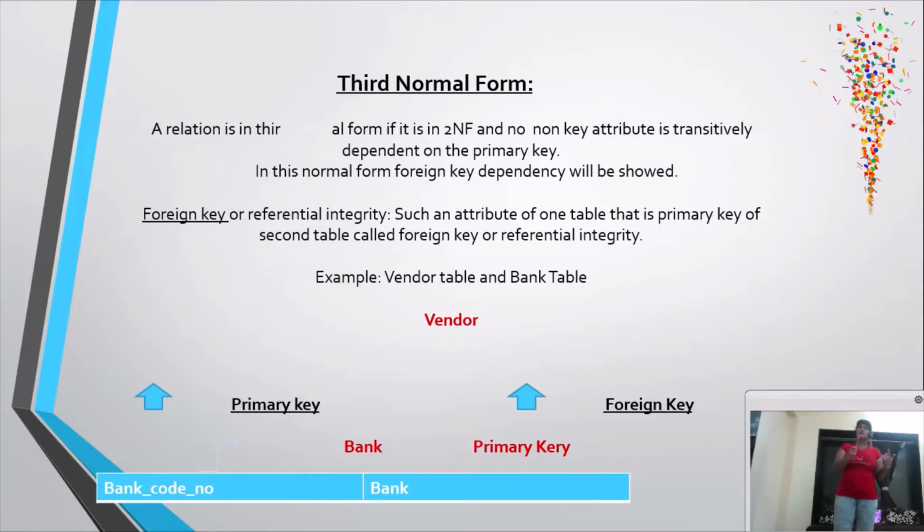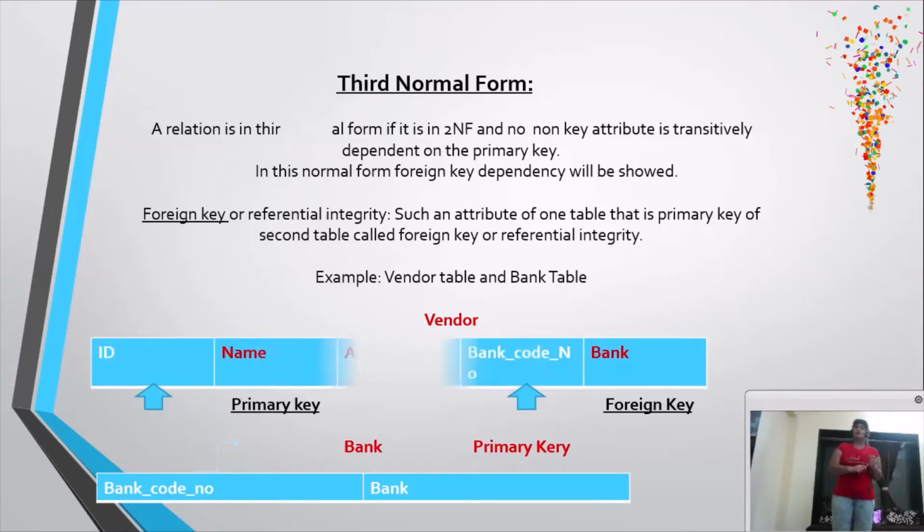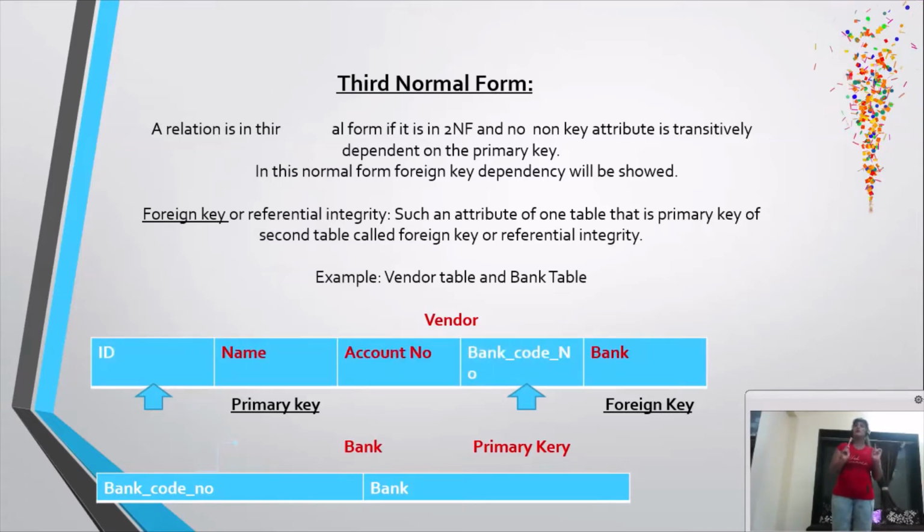But if we say the table should be in second normal form, 2NF, then that means it will cover the first and second. In that way the third normal form will come. And here is the concept of primary key, and the concept of foreign key. What is a foreign key? A foreign key is a key in our primary table that is the primary key of some other table. So that refers to our foreign key.